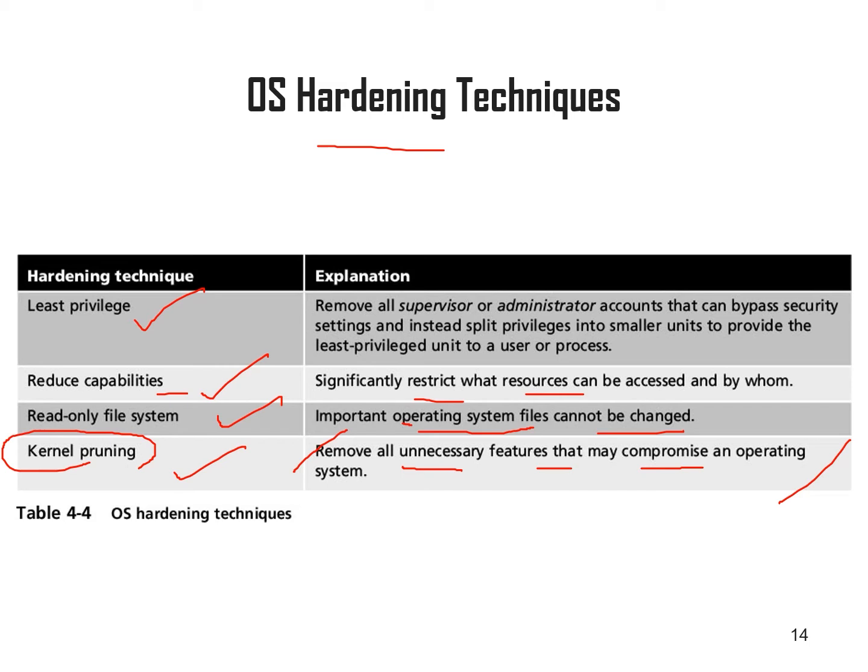Remove all the supervisor and administrative accounts, and we can split the privileges into smaller units to provide the least privileges to a user or process. So that is actually providing the least privileges. So these are all the techniques that are used in OS hardening,